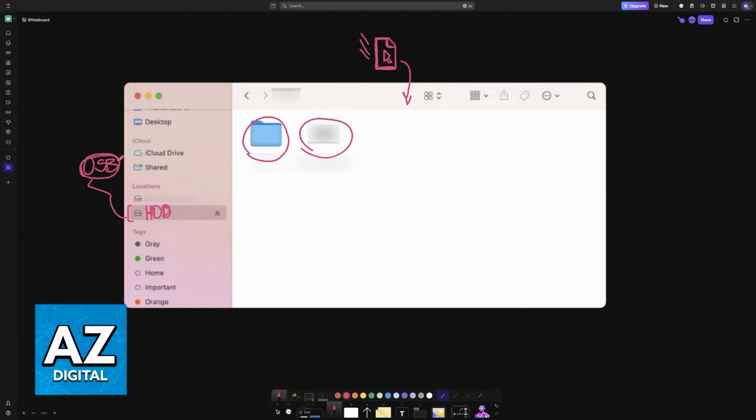If it is not detected, try a different cable or a different port and make sure that the drive is being detected. You might have to format it before you are able to use it for the first time, so check your manual to make sure that everything was set up properly.